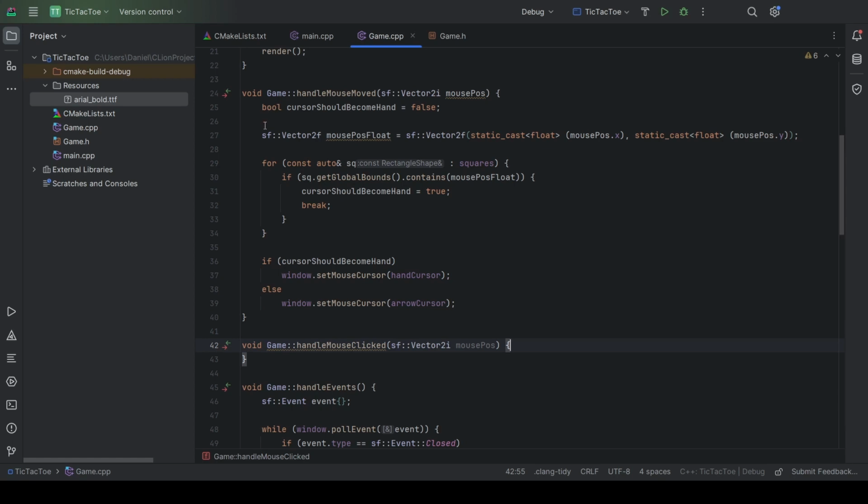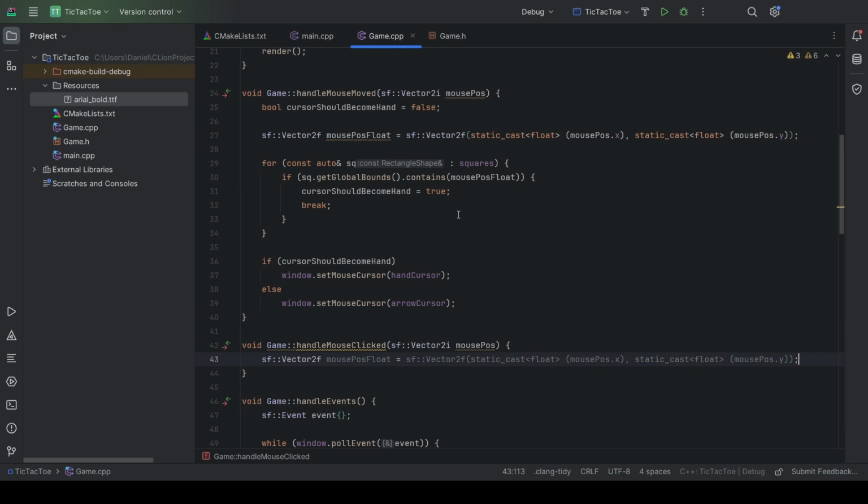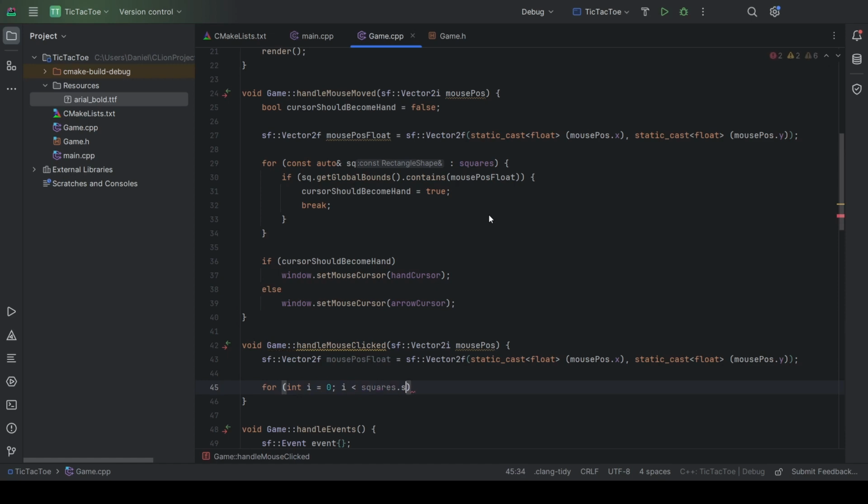I'm gonna copy this because we're gonna need it. And now for, declare i from 0 to the square size. If squares of i once again get global bounds contains this point,